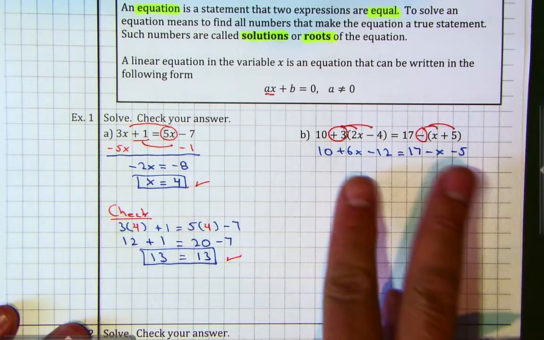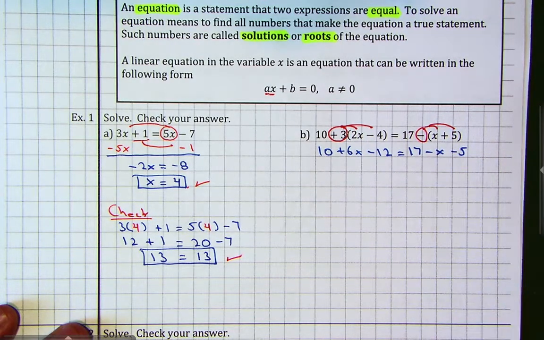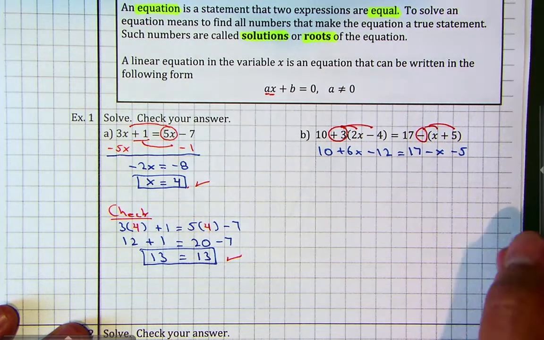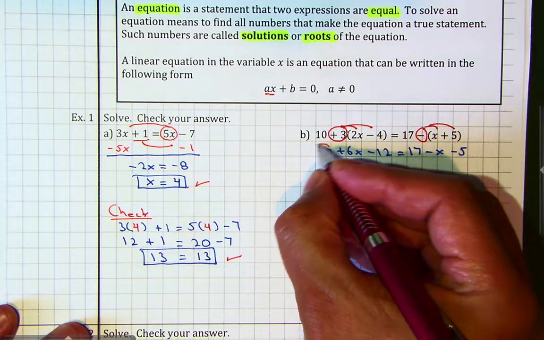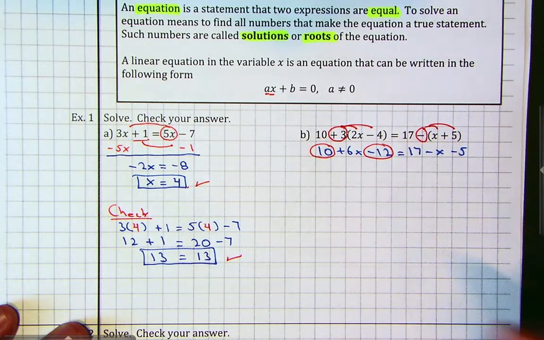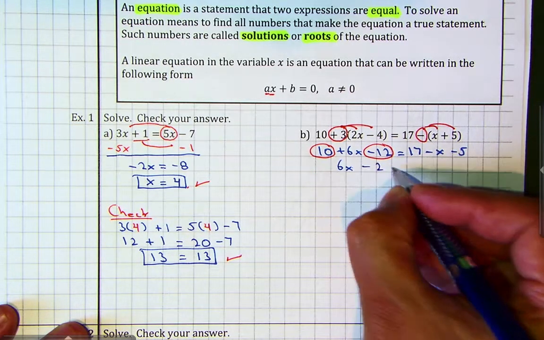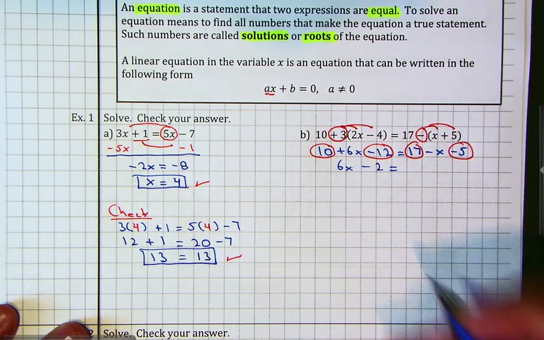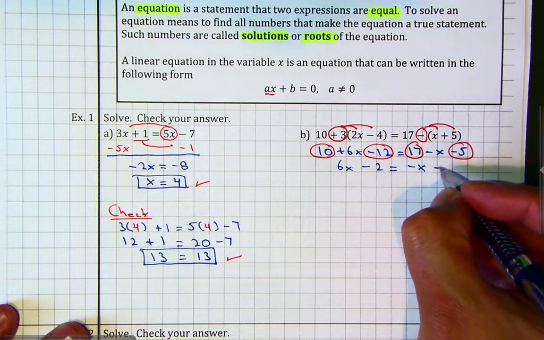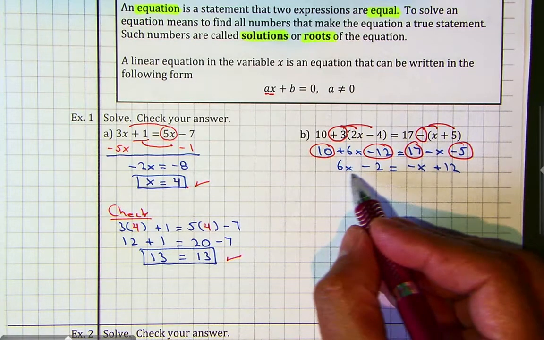Before I start moving things left to right, or adding on both sides, I need to combine like terms. I need to simplify the left and simplify the right. I'm going to combine my constants. That gives me 6x minus 2. Combine like terms on the right: negative x plus 12. Now that we have simplified the left and the right,